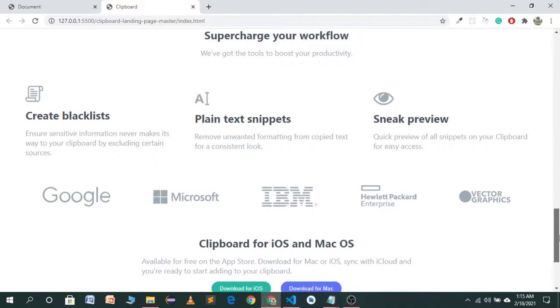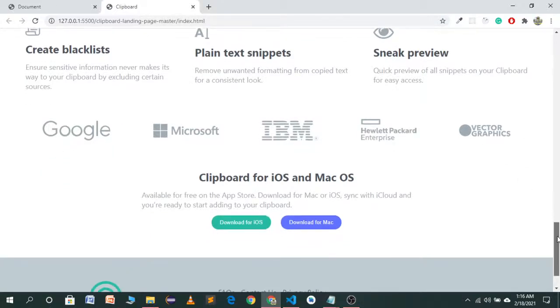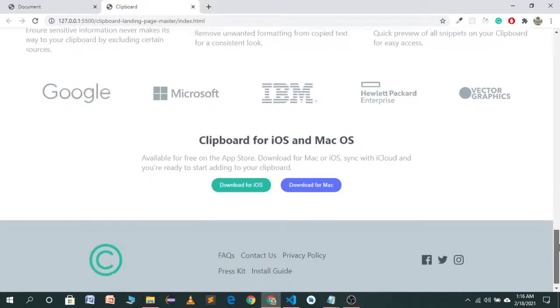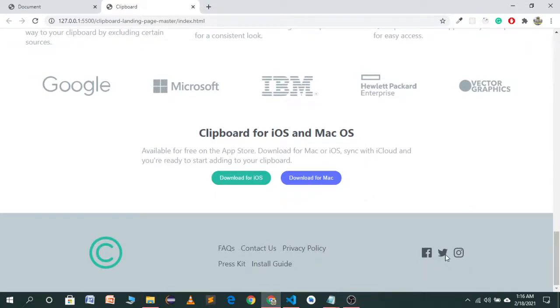Another one contains icons which explain the features of our website, and these are the logos of the companies which use our product, which is a clipboard, as this website is about a clipboard. And in the fourth part we again give buttons to download our product, and the footer section is also looking great, which contains containers, menu items and these social icons.